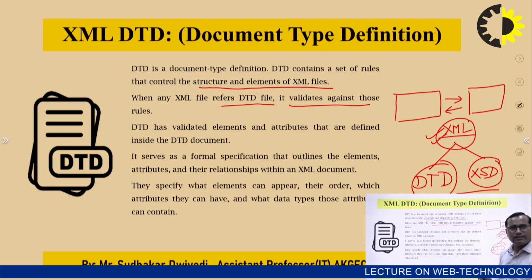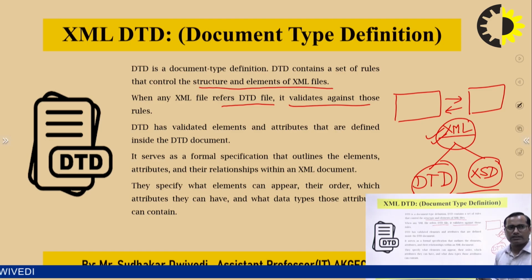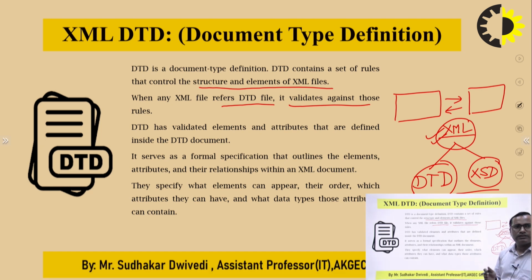So a DTD has validated elements and attributes that are defined inside the DTD document. It serves as a formal specification that outlines the elements and the way the elements should be presented in the XML document. It outlines the elements, the attributes, and what the relationship between those elements should be